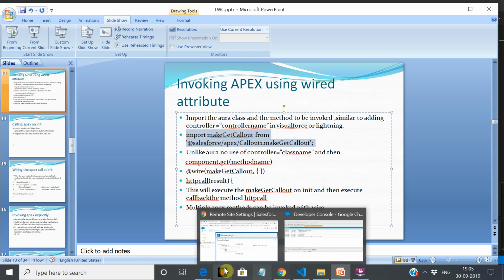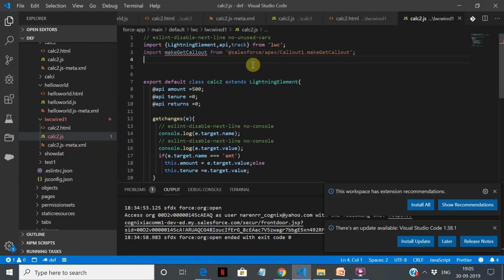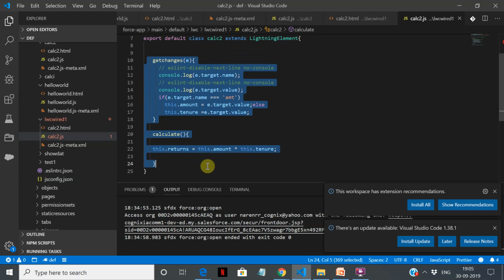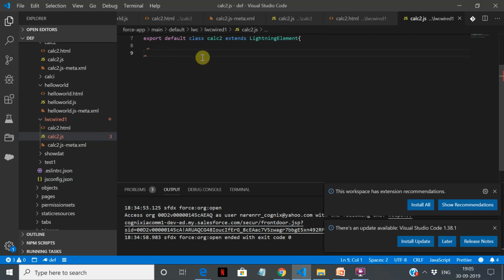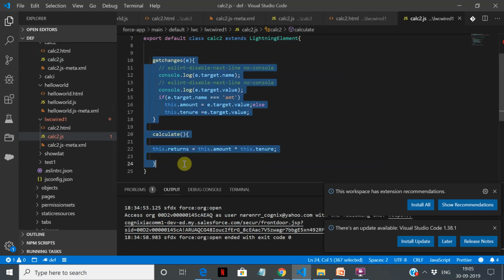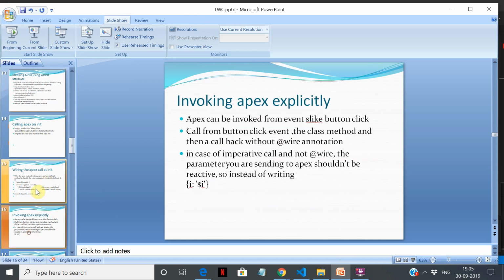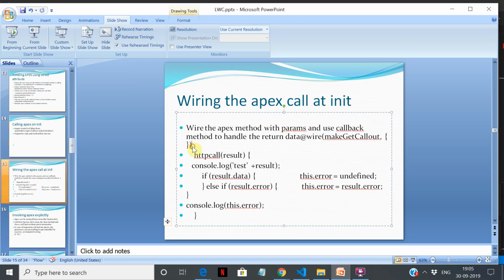So now our method is never used, that's fine. Let's remove these variables. We're not going to do anything over here, and we just have one method. We're going to wire this method this way as we have seen in the example here. I'm trying to do this exactly right in front of you so that you will be able to understand it better. So let me copy this here.